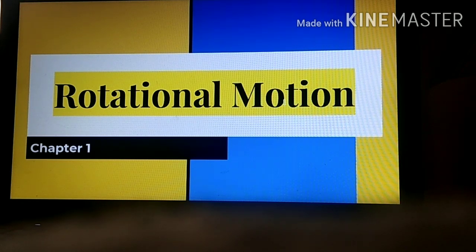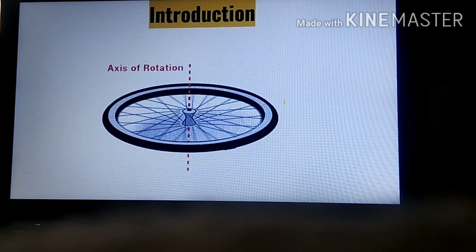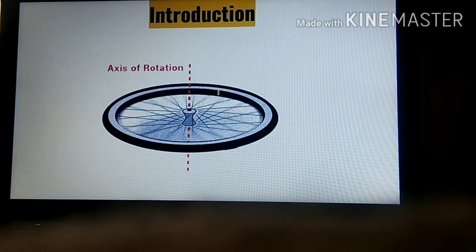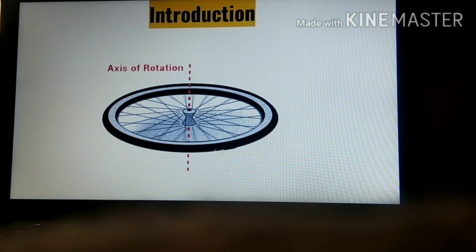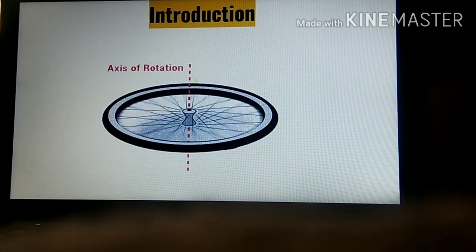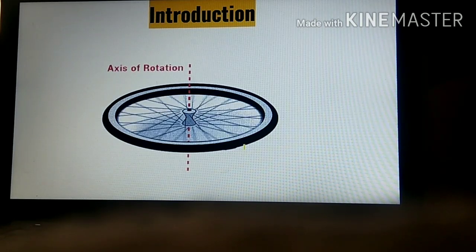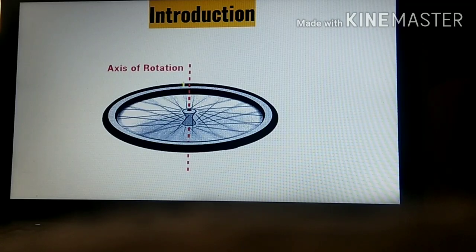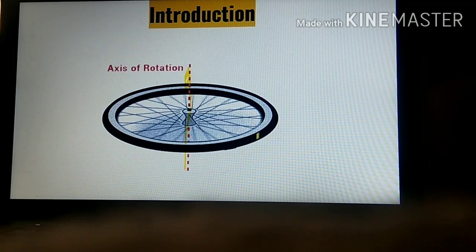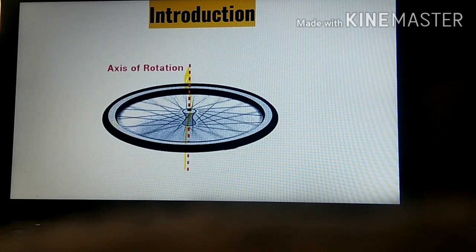In the previous syllabus this rotational motion chapter was different, but in this syllabus they have merged 2 chapters into 1 chapter. Okay. So, rotational motion. First of all, you can see this tire is rotating. You might remember this as well: whenever any body rotates, its particles circulate. So you can see this tire is rotating along this axis of rotation, and the particles in this tire are circulating.